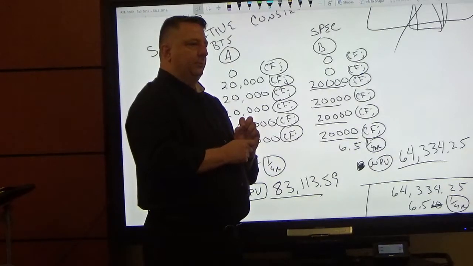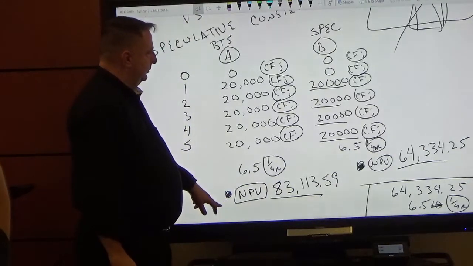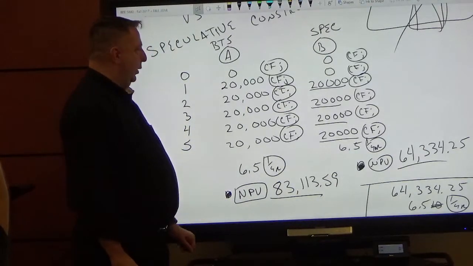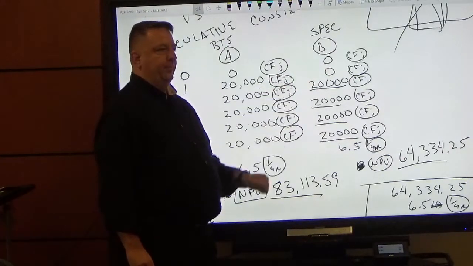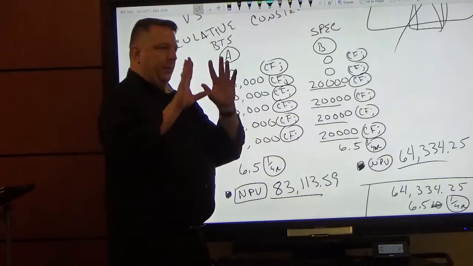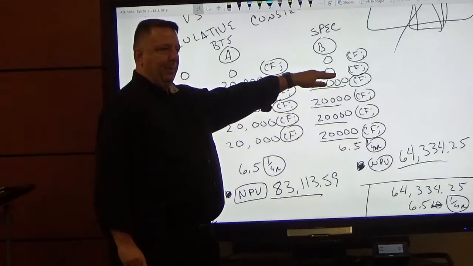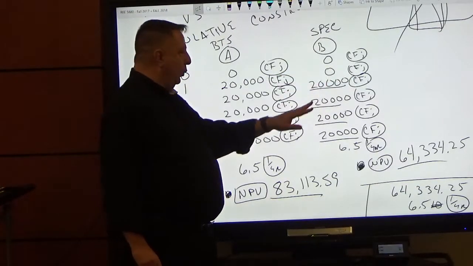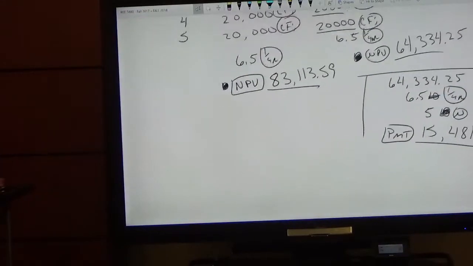So you couldn't just take the 83,000 that you got from the BTS and do the same formula? No, because you've got the missing amount here. So just go to 4 years, vice. You can't. This year here is the problem, because you've got to account for that. Now, one way you could account for it